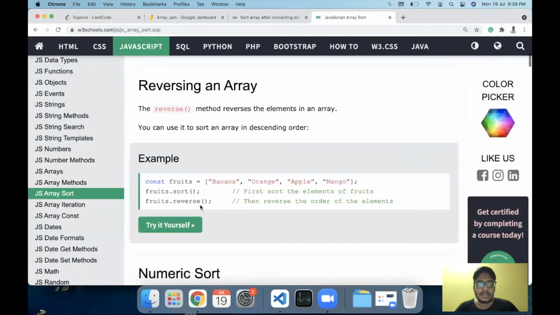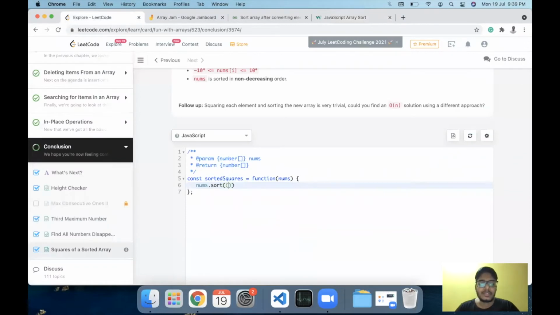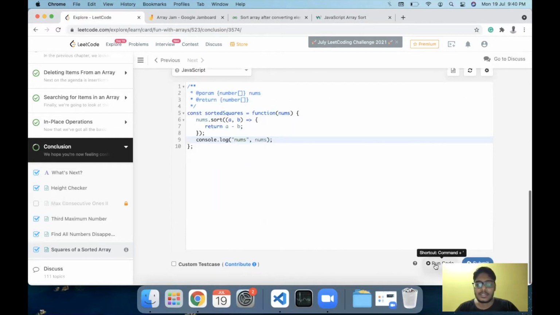We cannot directly use the sort function like this. For numeric sort, we need to pass a function to allow it to compare the numerical values properly. So we write that function, let's say, using arrow notation. The two arguments here are a and b, and we need to return a minus b. And once we have the numbers in sorted order, let's first log out the nums and check if it is sorted using console.log.